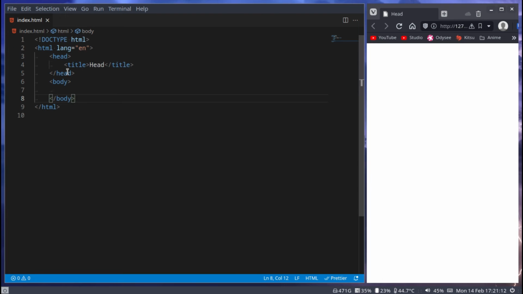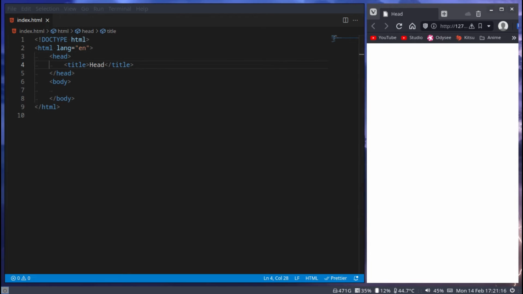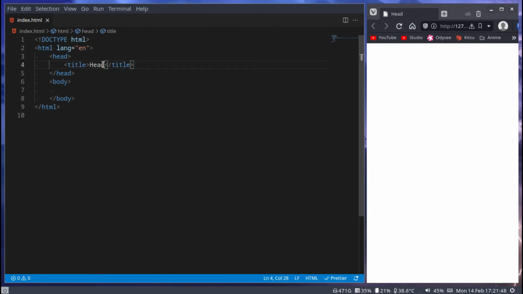Today we'll be talking about this head tag. Why do we have it and why is it useful? Now, the head tag is an element for metadata, so data about data, or more data about the website. The metadata itself is not displayed on the website, so we won't be really able to see what happens inside of head. We can put something in head and then use that something later on, but it won't just be